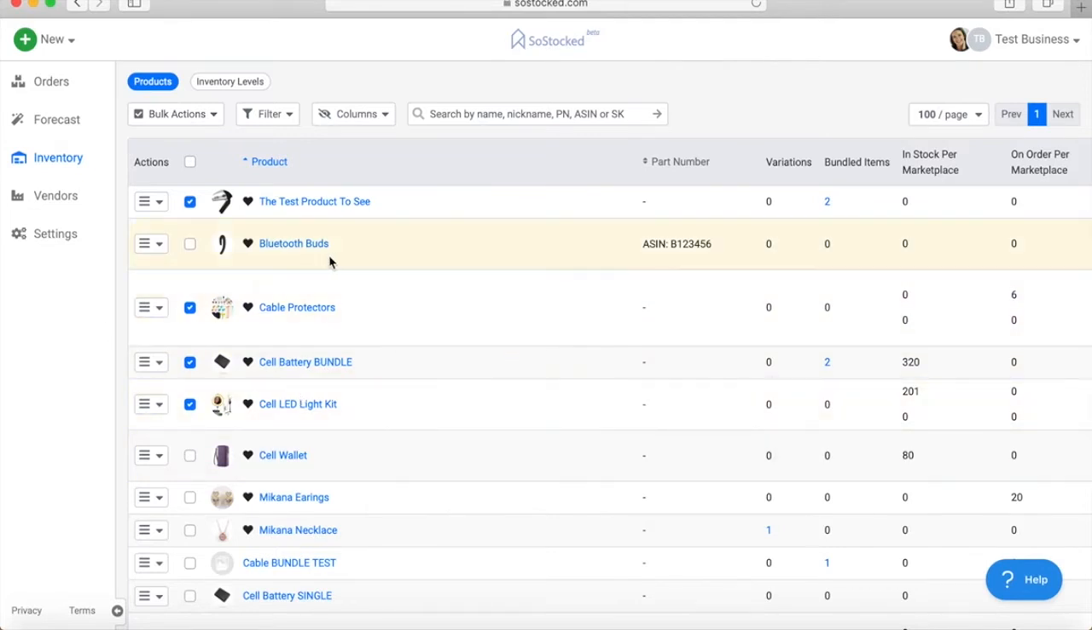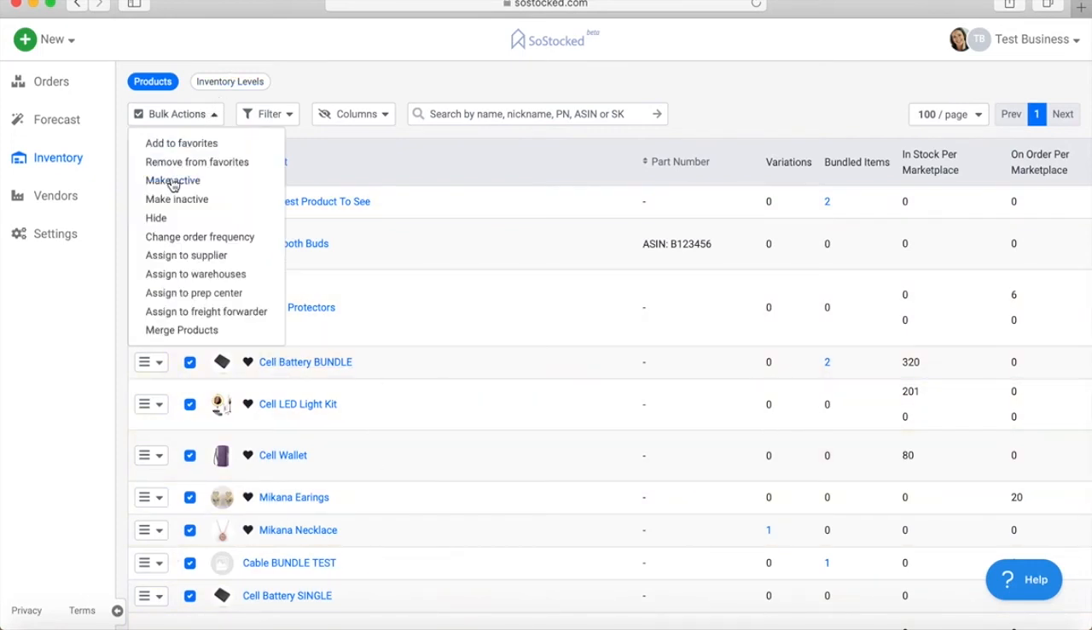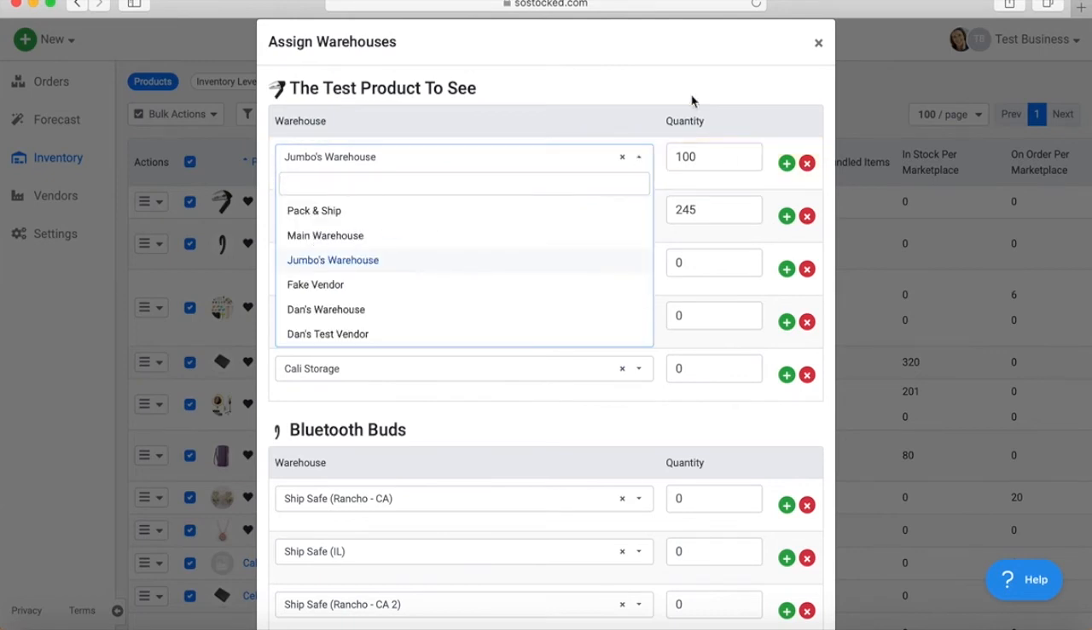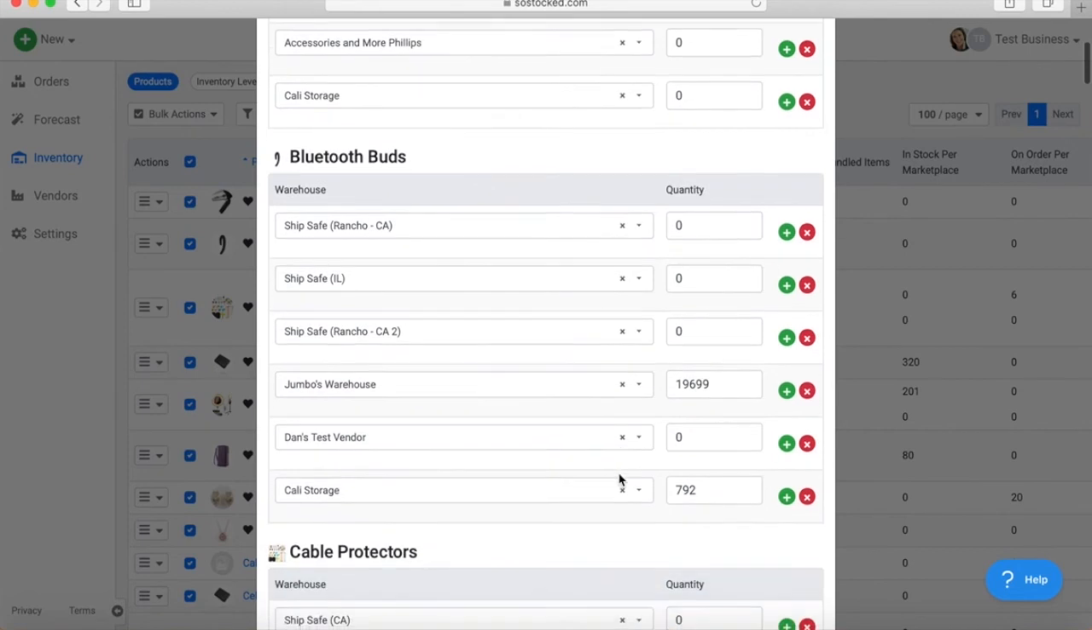Okay, and then the next thing that you can do is, if you decide to assign, say, to a warehouse. Let's say all of these products are run through one particular warehouse. You can assign a warehouse to all of those items. And this will actually give you the opportunity to add the quantity. So you can go through here and you can assign each one to a particular warehouse, and you can assign